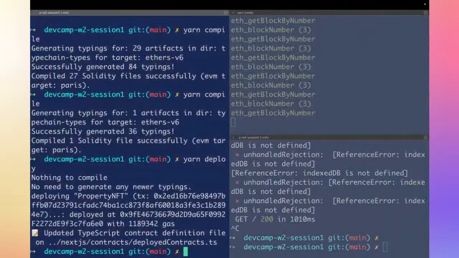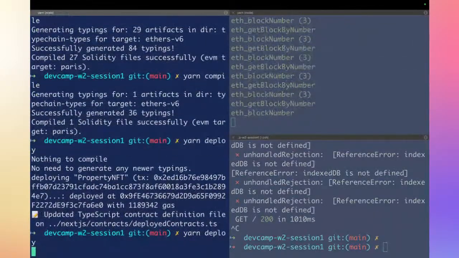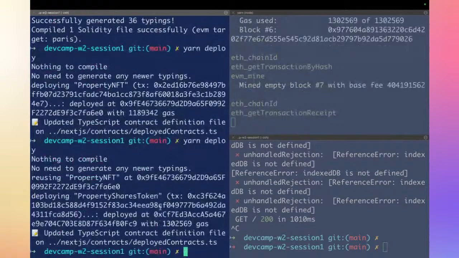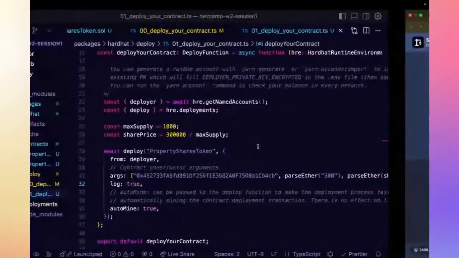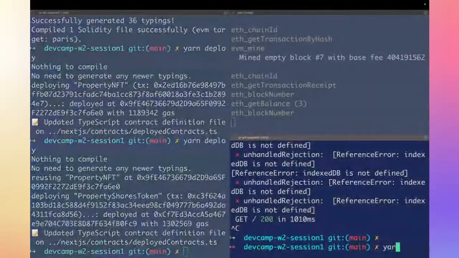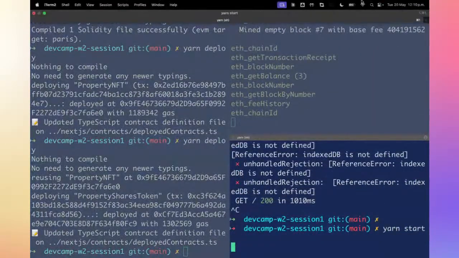Now, okay. I think we deployed the property NFT twice, but it shouldn't be a big problem. Start.